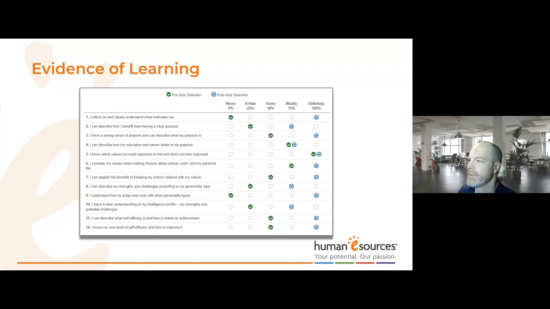And the green check marks indicate where they are at the beginning, and the blue ones indicate where they are at the end. If a student can see this, they say, oh wow, actually, I did make some progress with this. This might happen over the course of two weeks. They're polled at the beginning of that two weeks, a section is completed, then they're polled at the end of it, and they can see, oh, actually, I learned something here.